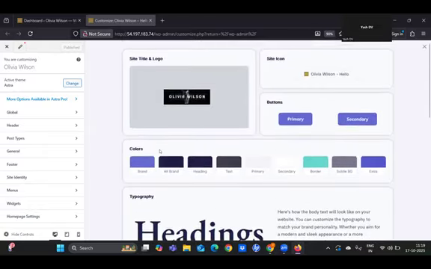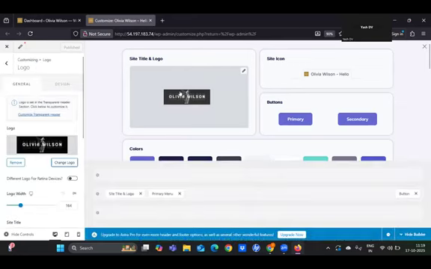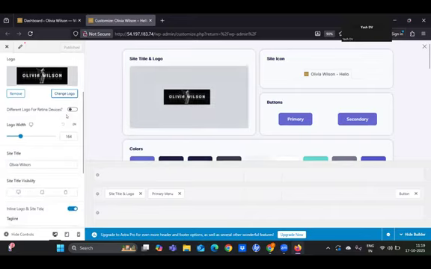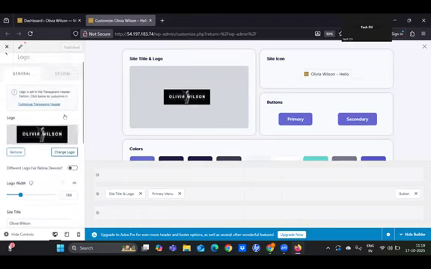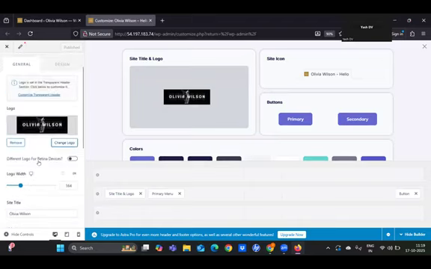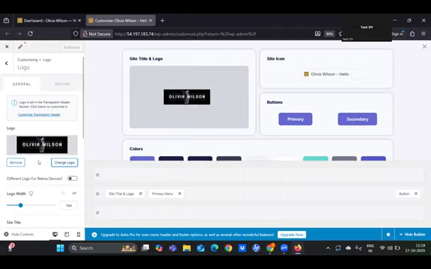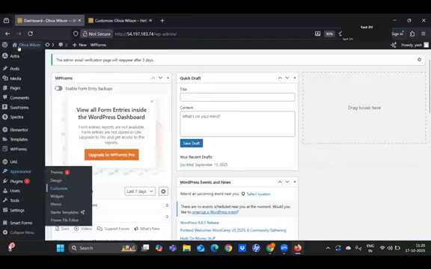So once you create your logo, you can click on style guide. Then right here you will see site title and logo settings. You can click on this here. Click on the logo that appears in the center. As soon as you click on it, on the left-hand side, you will be able to see the title and logo settings. Now for most of you, because you will be adding a template onto your website, most of the templates have a transparent header, which means that